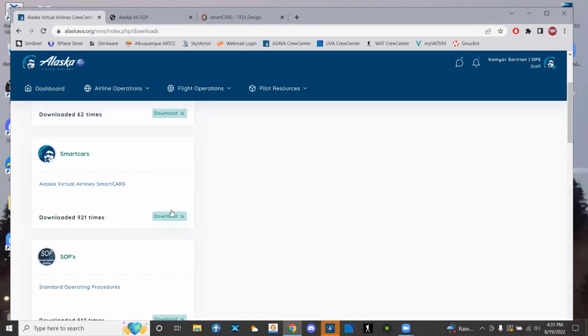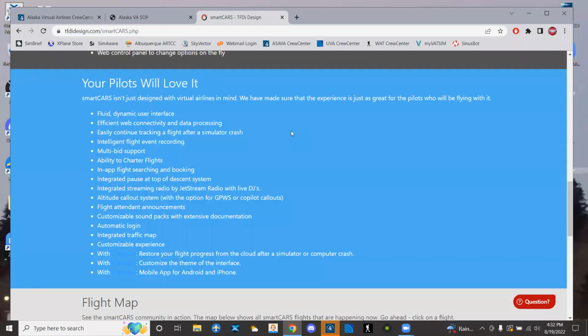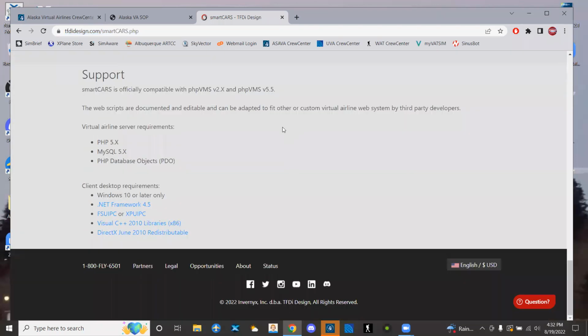Once you hit download on smartCARS, you're going to want to go over to tfdidesign.com/smartcars.php and scroll all the way down to the bottom. Then you'll be able to see everything that you need to download in order to get smartCARS working properly